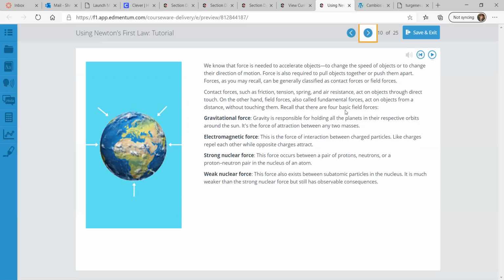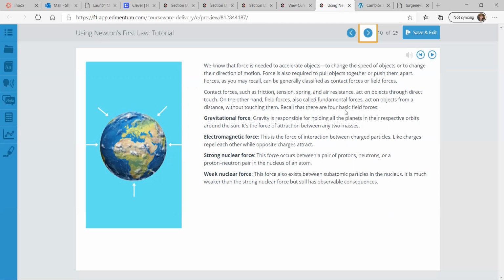Electromagnetic force. That's the force of interaction between charged particles. Like charges, that are the same, repel each other while opposite charges attract. The strong nuclear force occurs between a pair of protons, neutrons, or a proton-neutron pair in the nucleus of an atom. So at the very, very small scale,